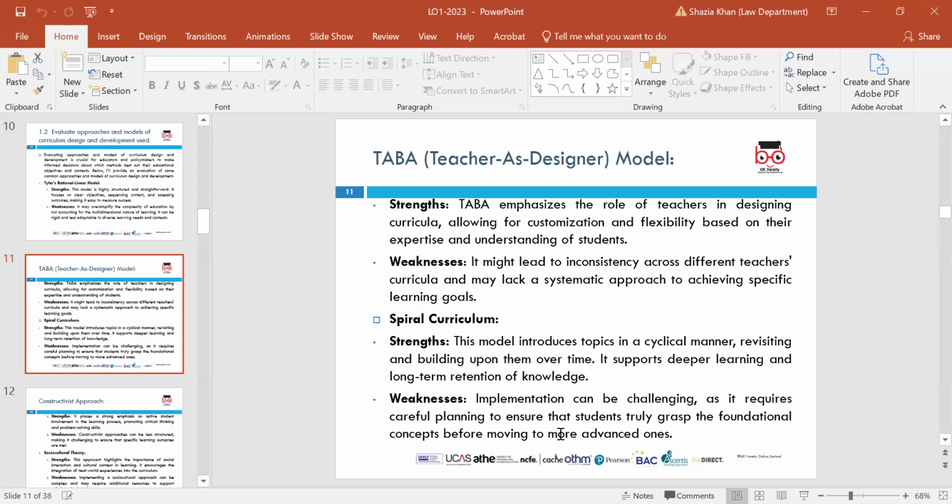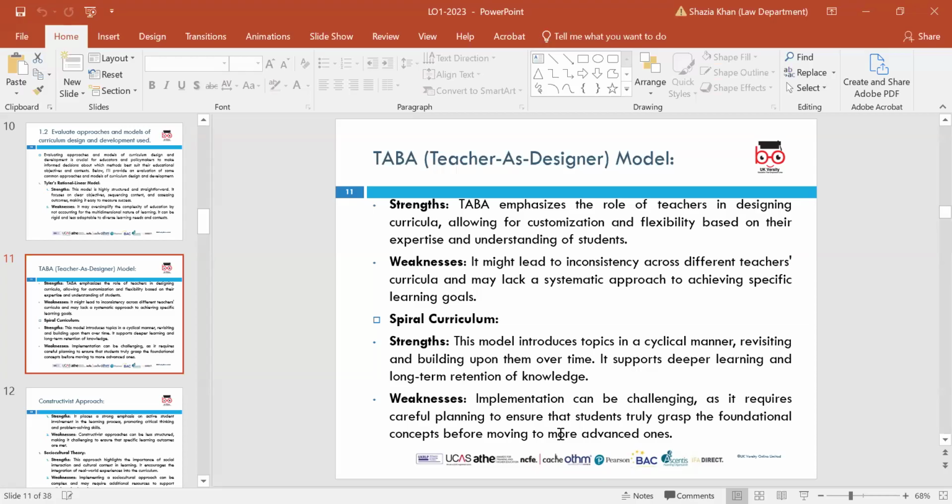And her strengths were that this model introduces what was called a spiral curriculum. That's the Taba one. The strengths: it emphasized the role of teachers in designing the curricula, allowing customization and flexibility based on expertise and understanding of students. Weaknesses: it might lead to inconsistency across the different teachers' curricula, and